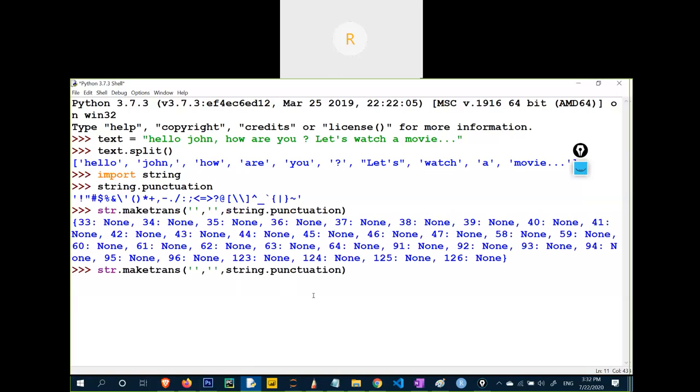What do you understand? What is this? Can you tell me what this is here? Why are we receiving this type of dictionary with one, one, one? What is the meaning of this dictionary?